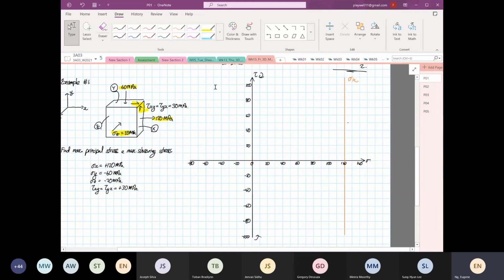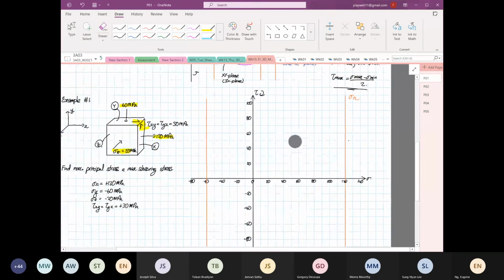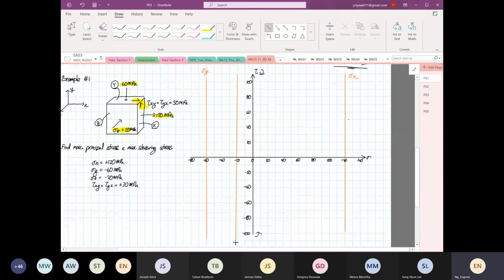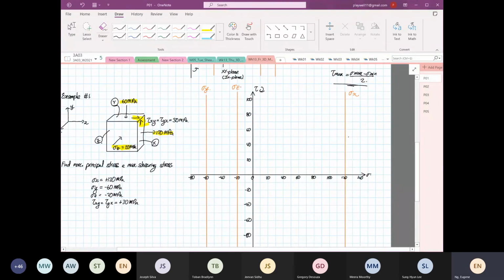And then Y is at compression, minus 60, so this is stress Y. And then Z is minus 20. So this is stress Z. The stress Z point is easy to identify because it's compression and it has 0 shearing stress. Okay, so over here